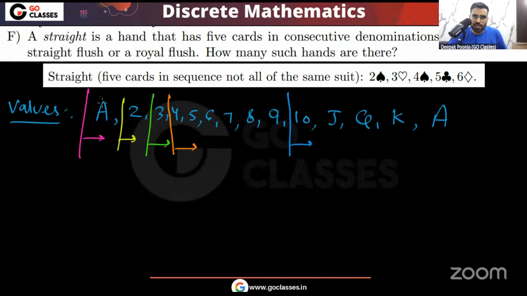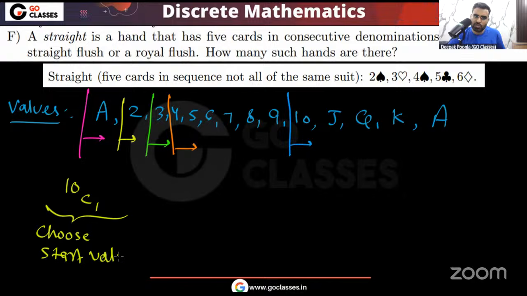Okay, you can see the starting point can be ace, or it can be 2, or it can be 3, and so on. It can be 10. From ace to 10, there are total 10 starting points possible. So from these, let me choose one, meaning the starting point I am choosing. Remember, here you choose the start value, because once you have the start value, then